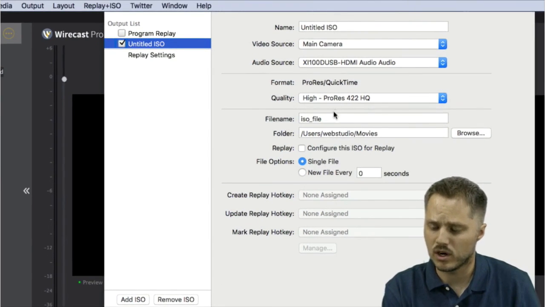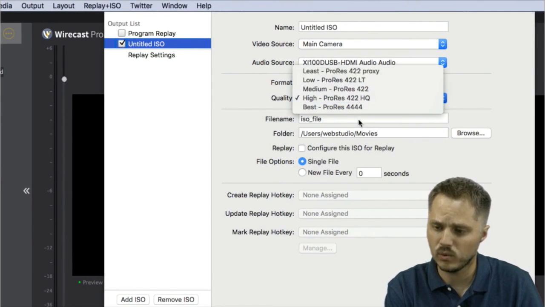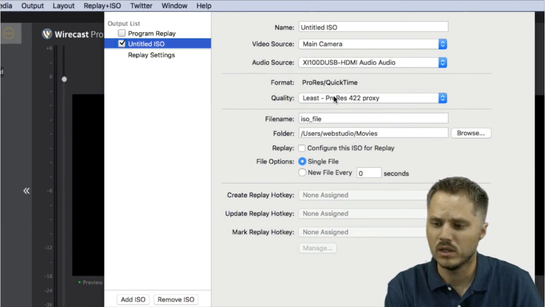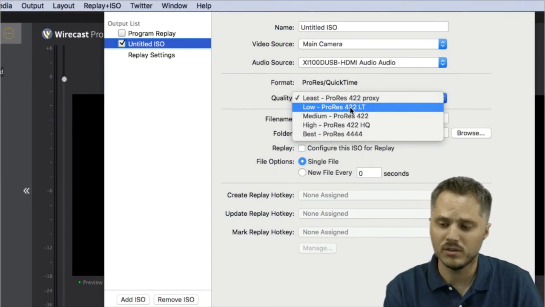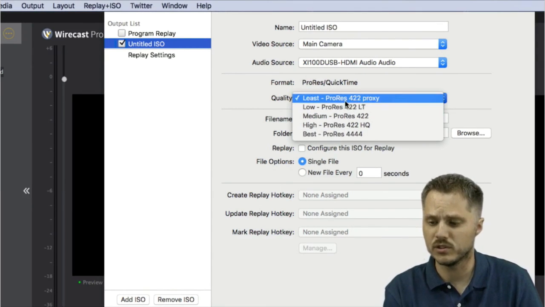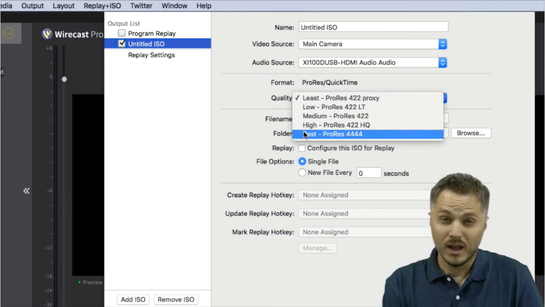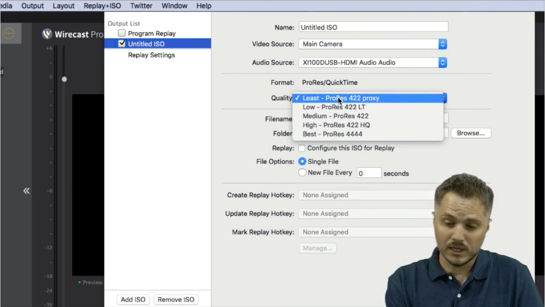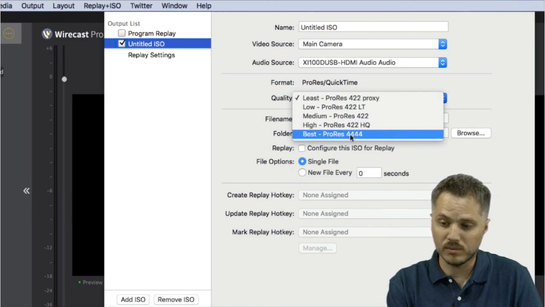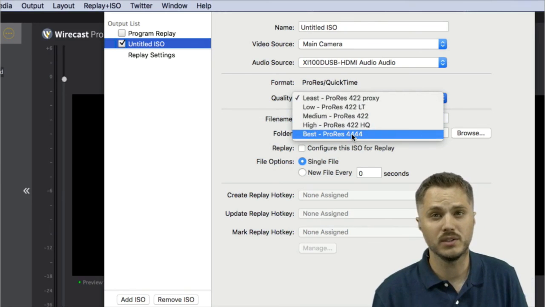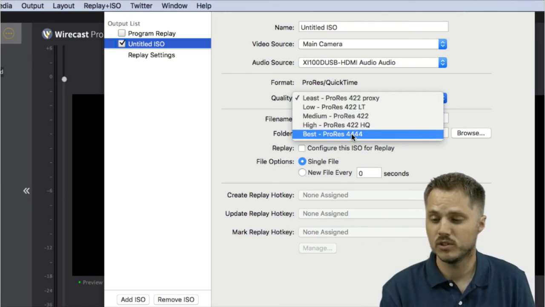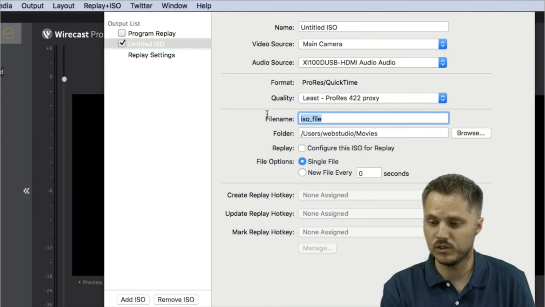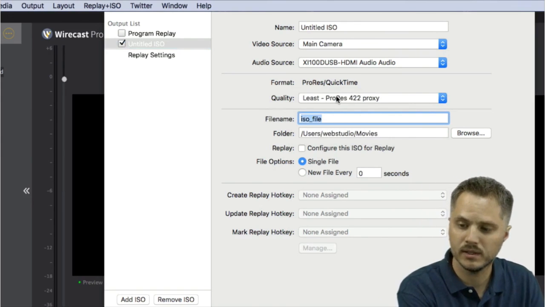So then you just follow down these settings. It's pretty straightforward. You could start with the ProRes setting you want. I'm just going to keep it really small. Just go with the proxy setting. But if you want higher recordings, all of these bit rates are available and published by Apple, so you'll see exactly what they are. I think they go from somewhere around 25 to 50 megabits per second, all the way up to like 300 megabits per second. So, you can see how quickly that would fill up your hard drive. So select whichever one works for you, or whatever quality you want out of it at the end.